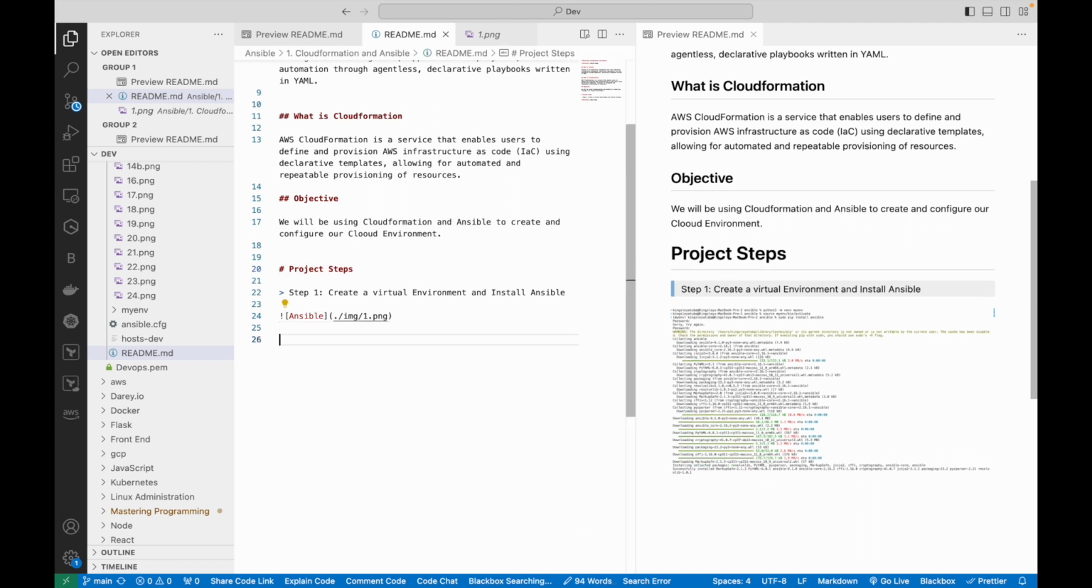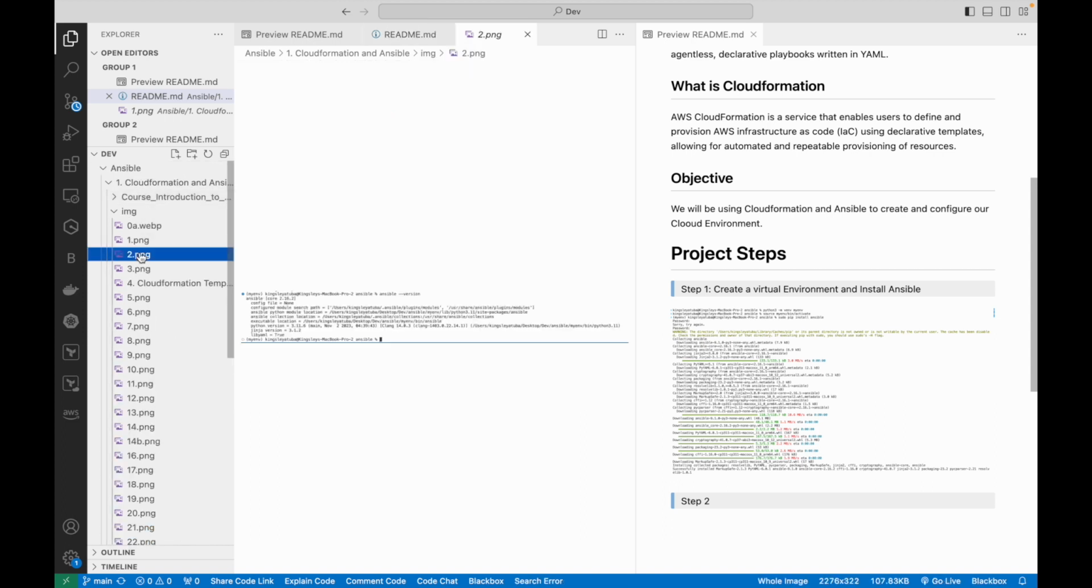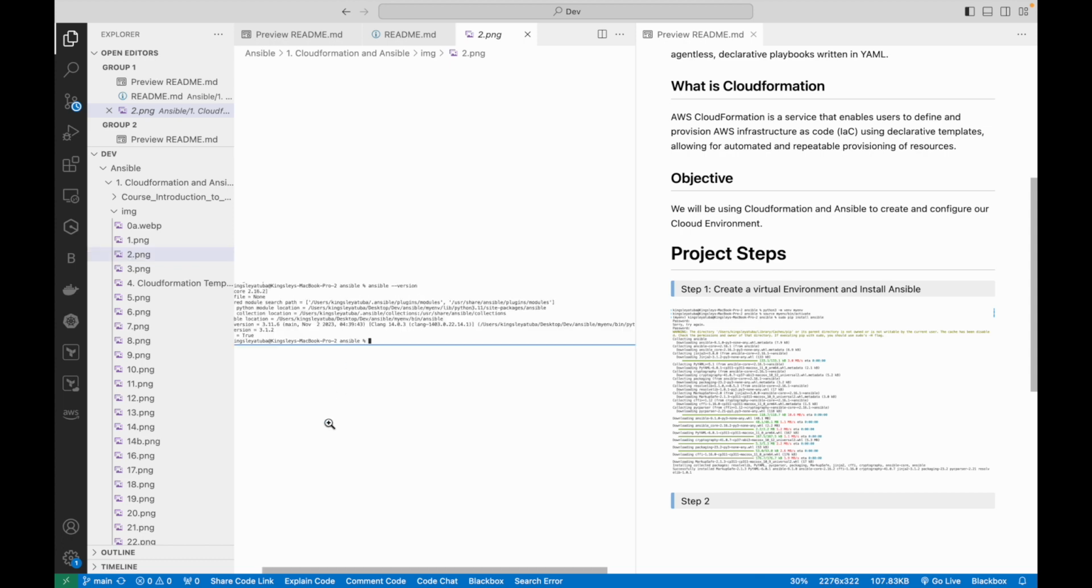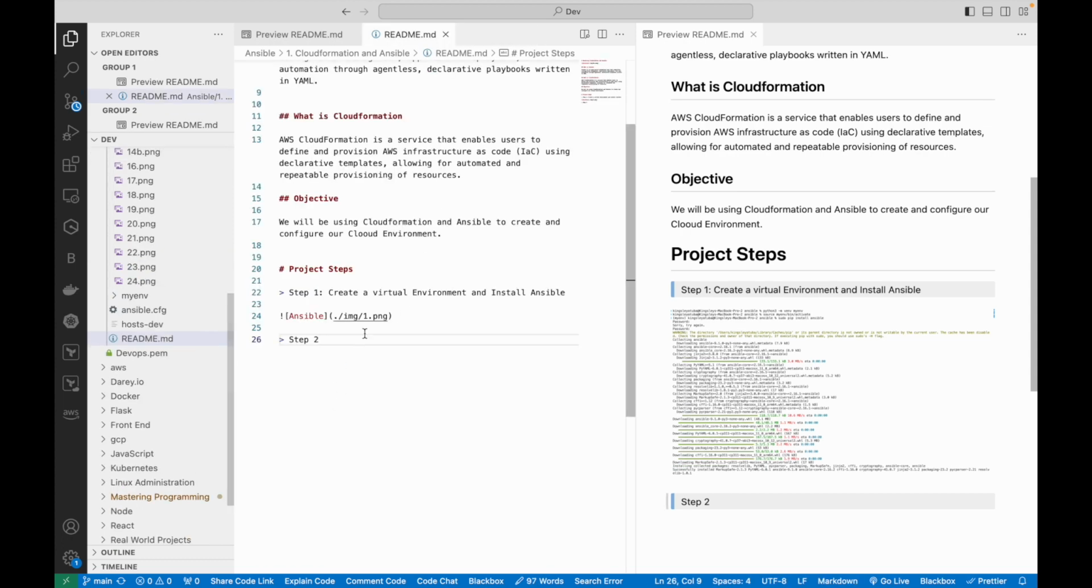Now, after writing step 1, I can go to step 2. Right? What's step 2? You go to your images, your screenshots. Step 2 says confirm Ansible has been installed. So I go back to my README, confirm Ansible installation